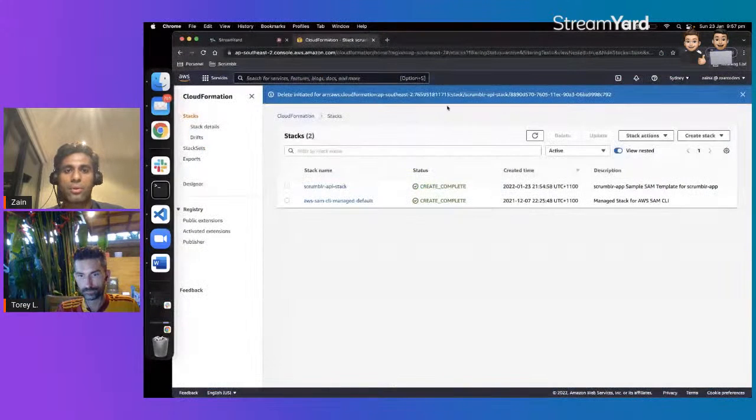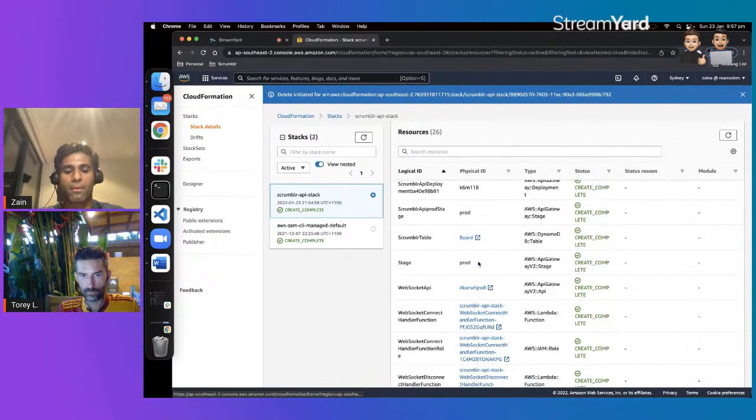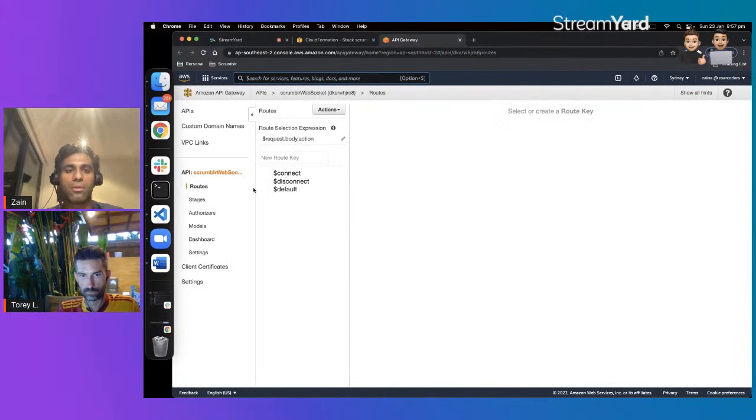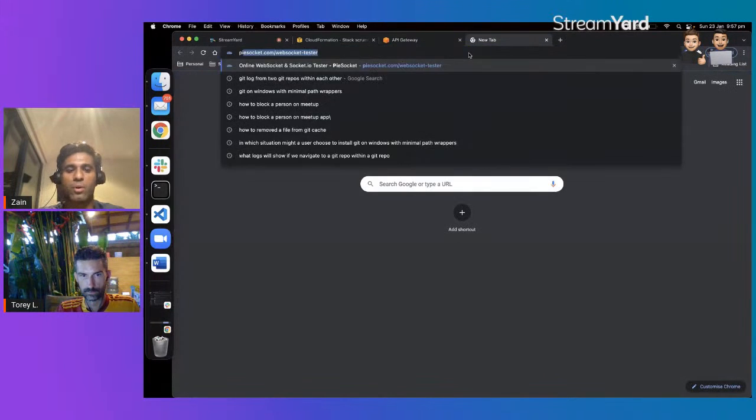So, okay, cool. So this is done. We need to get the endpoint, which is right in front of me. Why am I even opening the next one? Yay, we have all our routes here. All right, let's see if that actually worked.